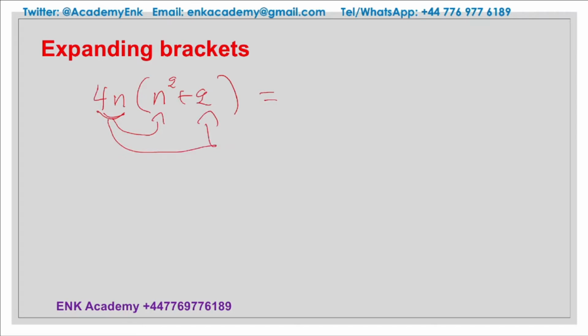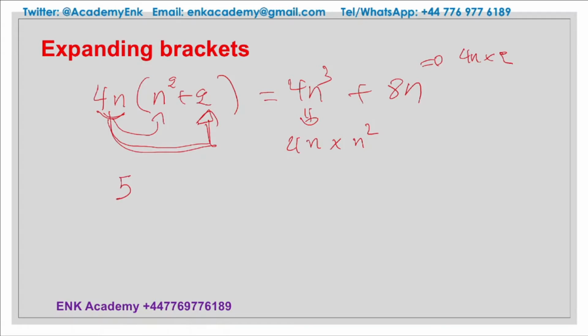The first expression will be 4n times n squared. We get 4n to the power 3, plus 4n times 2 will give us 8n. So this is how we can expand brackets. So what we have done here is 4n times n squared, and for this expression we have done 4n times 2. In the same way, we may have just a simple term, 5